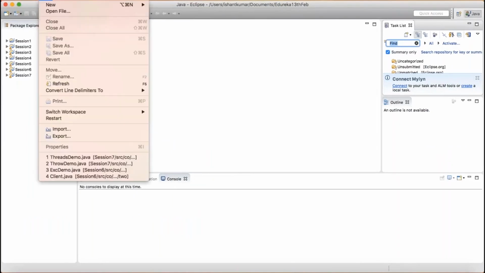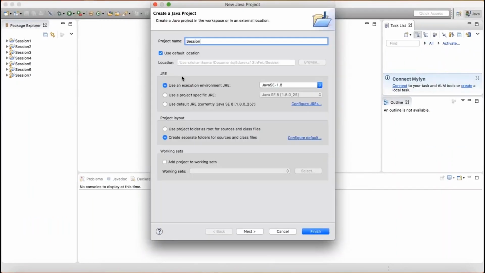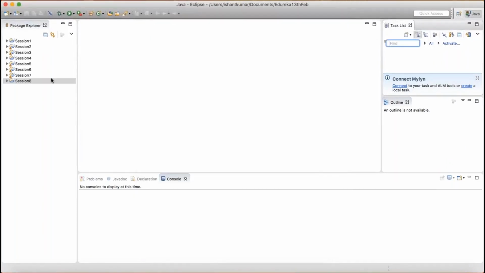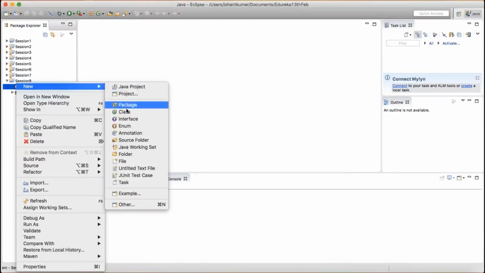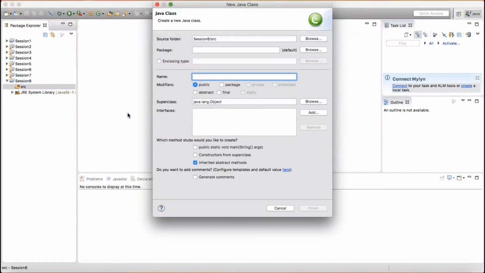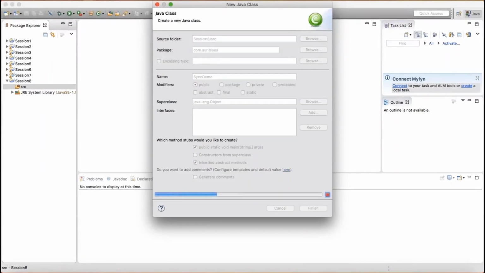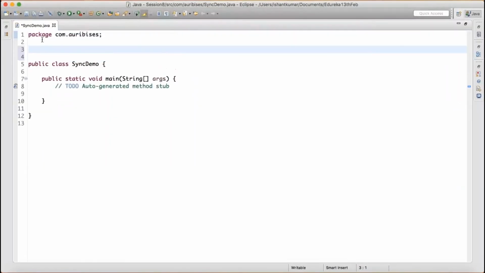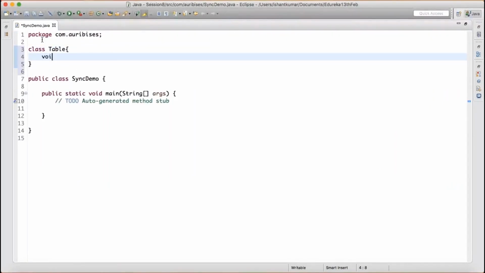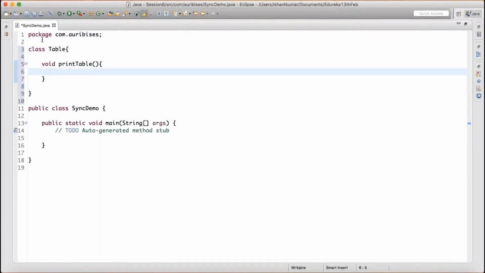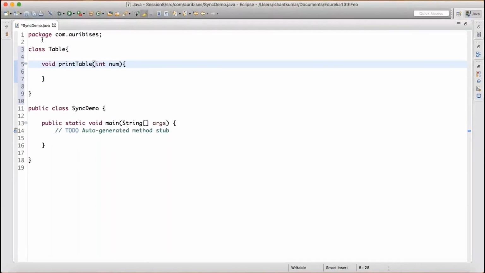So I'm just gonna write one new Java project. I'm gonna write one new class, so that goes like Table. Or let us just write the class known as SyncDemo with the main method. Let us say com.rebss. What I'll do, I'll write one class known as Table. So Table has one method known as printTable, which takes one input as a number